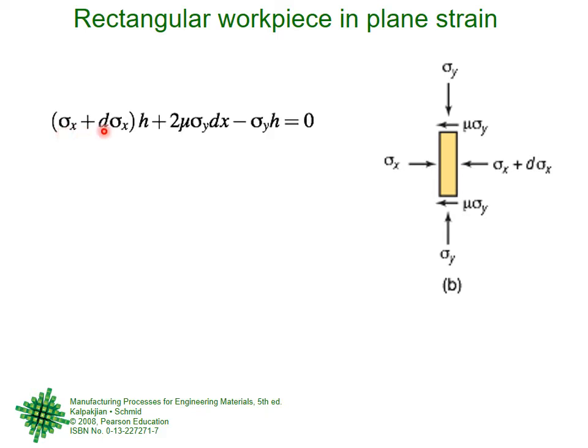So sigma x plus d sigma x into h, and h into 1 is the area, 2 mu sigma y dx into 1 is the area, sigma y h into 1 is the area. So this is the equation, and then you solve it, and after solving you will get the solution and so on. So I am just showing you, we are not going to do the detailed derivations because we have to cover